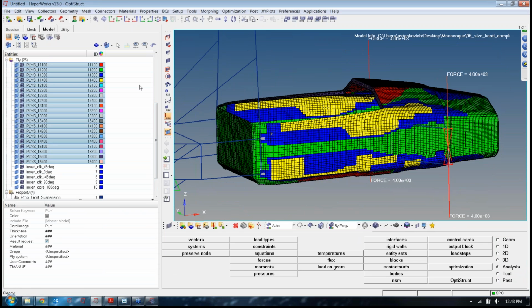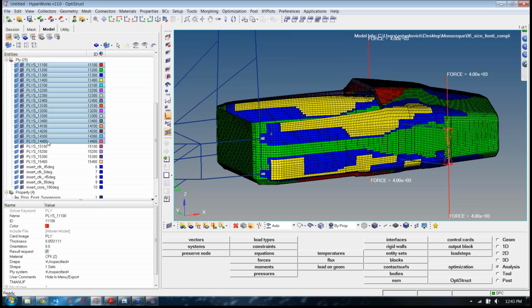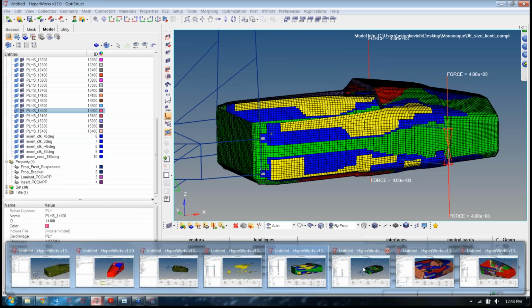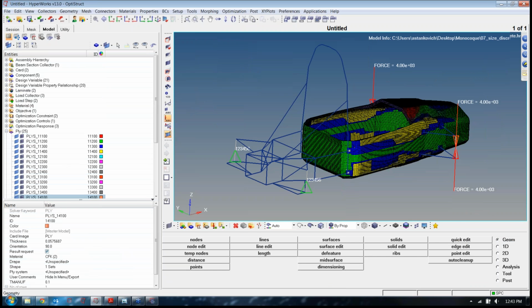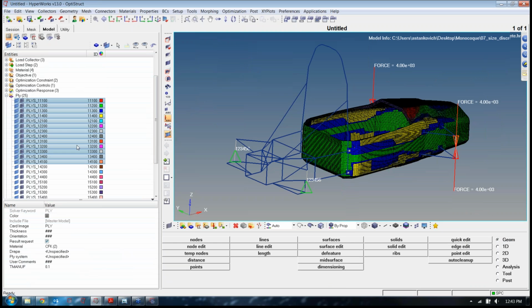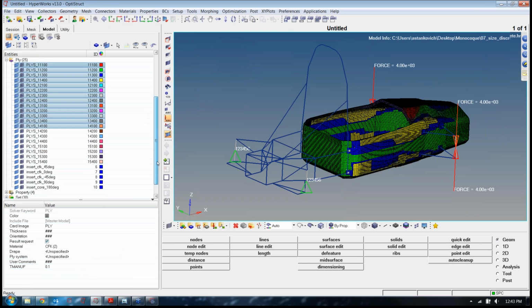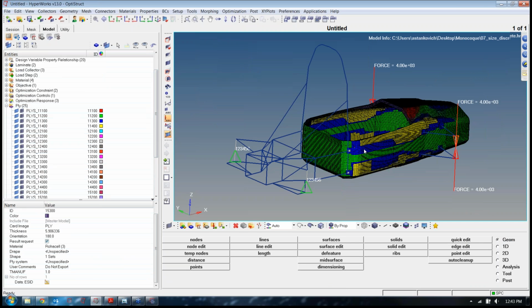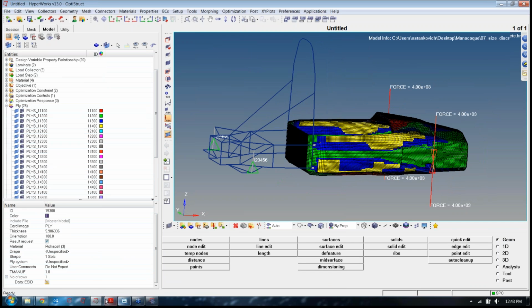So that's important because basically when you do manufacture this, you're going to have a specific thickness that you have in each sheet, and that's where this T manufactural comes in. So this is basically going to be the manufacturable thickness for your models. Once you have that set up, you'll see that all of these plies have 0.1 millimeter thickness, and then these core plies have a manufacturing thickness of 1 millimeter. So that's all set up, and we can run our optimization, and what we get out of that